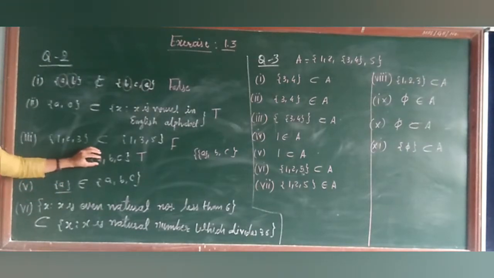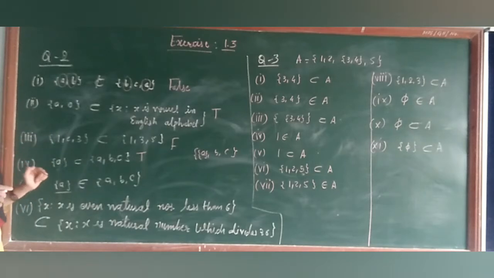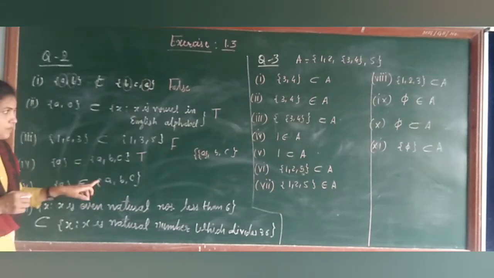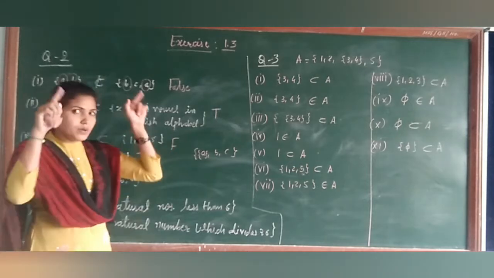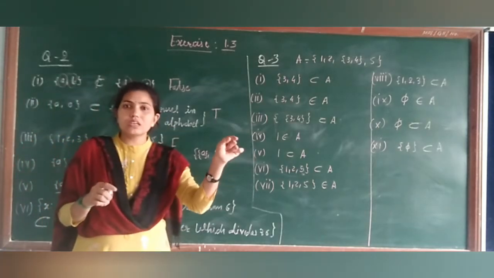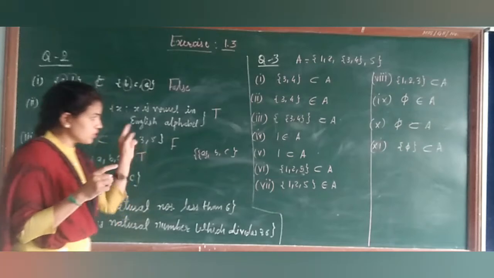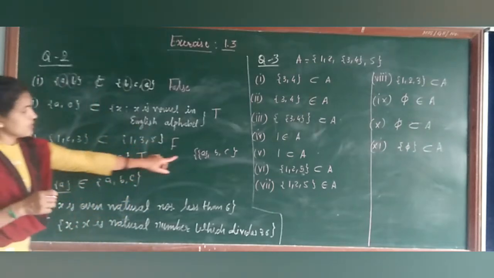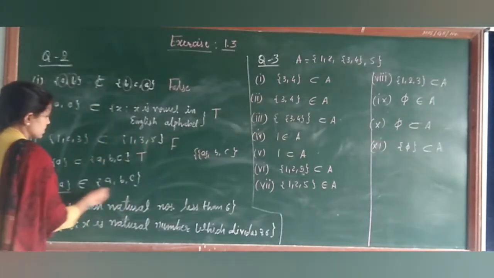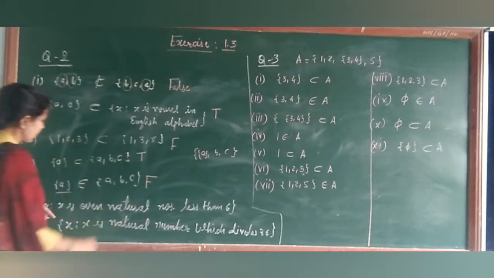Okay, जो elements है उसको अगर हम curly bracket के अंदर लिखेंगे then it will be a subset. But here singleton A is a subset of A. It is not an element. Element मतलब कि वो bracket के अंदर सेम अंदर होना चाहिए. Okay, in the curly bracket the same thing should be done like this, right? So therefore this is false.